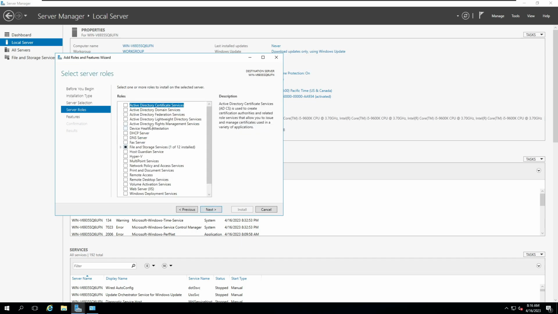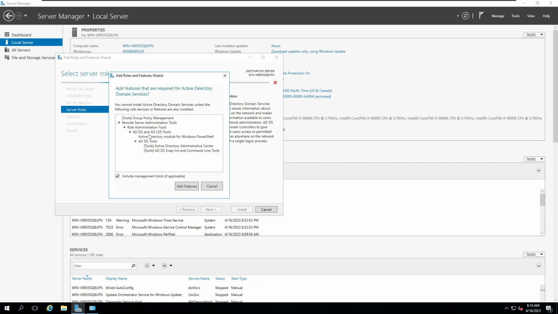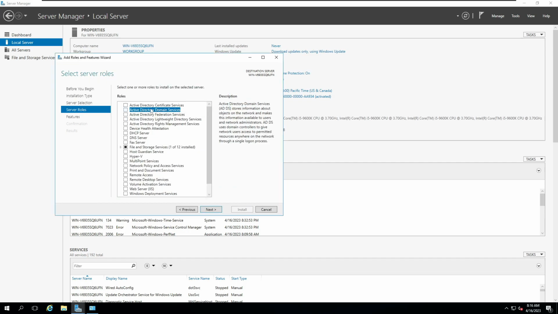Now, for the DNS setup, you need to click Active Directory Domain Services. Okay. The one you have at the second option, you need to click this. For the certificate services, you have the first one. Then for the lightweight directory, basically your LDAP directory, you have the fourth service. You have the DS server. If you want to make your Windows server a DHCP server, you can make this. Okay. DNS configuration, I'm not going to click right now, because as soon as I'm going to do the installation